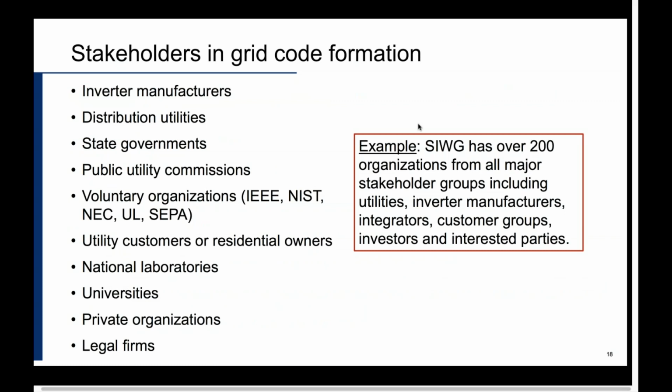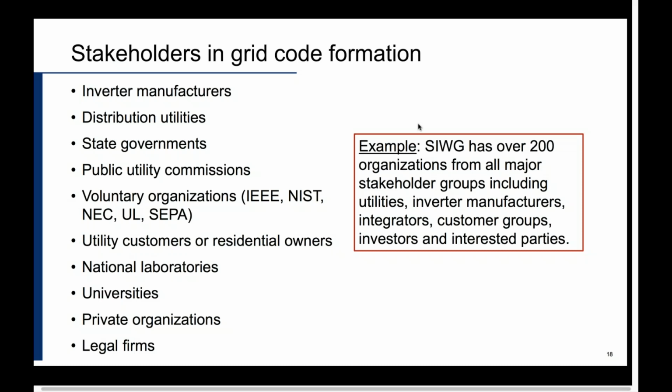In order to make a grid code, especially in the world of distribution systems or DERs, there are numerous stakeholders as opposed to what happens at bulk systems. The hardest part is to make a grid code agreeable to all these diverse stakeholders. Every device should be performing a very particular way. And that's what can be done only if all the inverter manufacturers talk with each other and talk with state entities. All the distribution utilities, state governments should work in tandem with inverter manufacturers along with their governing entities such